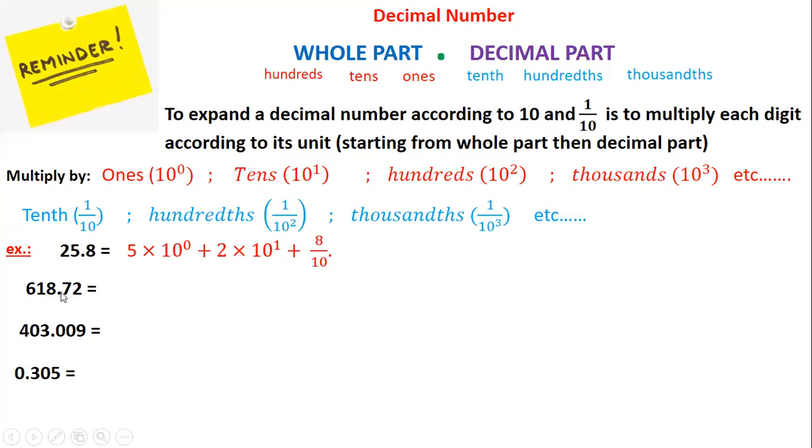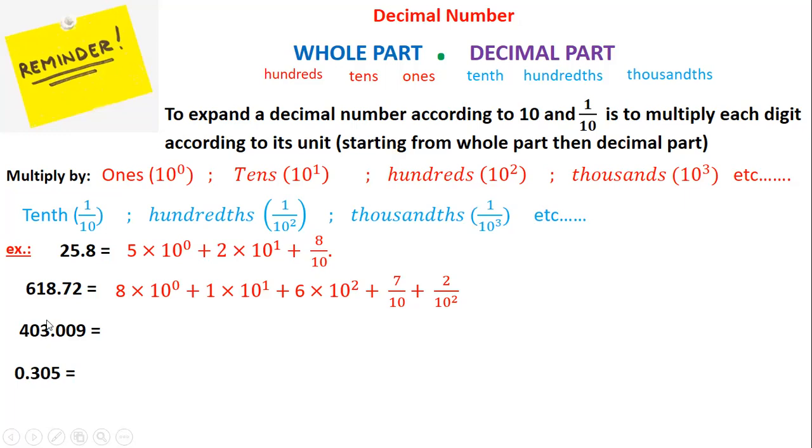Now the second number, also I start with the whole part, to the left from the 8. 8 is in the ones, so 8 times 10 to the power 0. 1 is in the tens, so 1 times 10 to the power 1. 6 is in the hundreds, so 6 times 10 to the power 2, plus. Now I move to the decimal part. 7 is tenth, always the tenth, I write it over 10, so 7 over 10, plus. 2 is in the hundredth, so I write it 2 over 10 squared because the hundredth is 10 squared. Now for